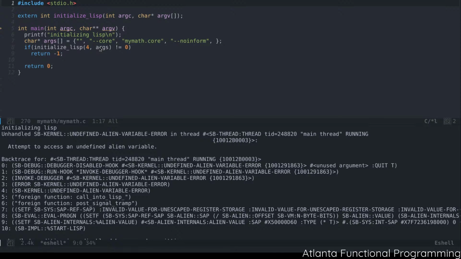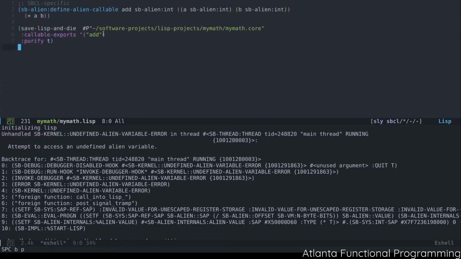Okay. Why am I explaining all this to you? Well, it's important to realize that that same approach is also leveraged when we're exporting functions from Lisp into the Lisp core, because effectively what we're trying to do is make an entry in that table to say, hey, instead of calling out to this foreign code, we are a foreign interface, we're redispatching to a Lisp function. So it's using the same infrastructure there. Unfortunately, from at least what I've attempted to do, which is just do a simple export as you saw before, this doesn't seem to be enough to just do a save-lisp-and-die and then do callable exports. So there was something missing in the piece to encounter and deal with